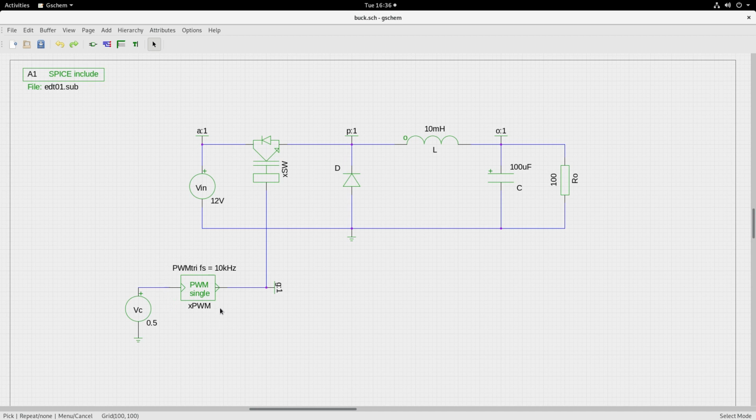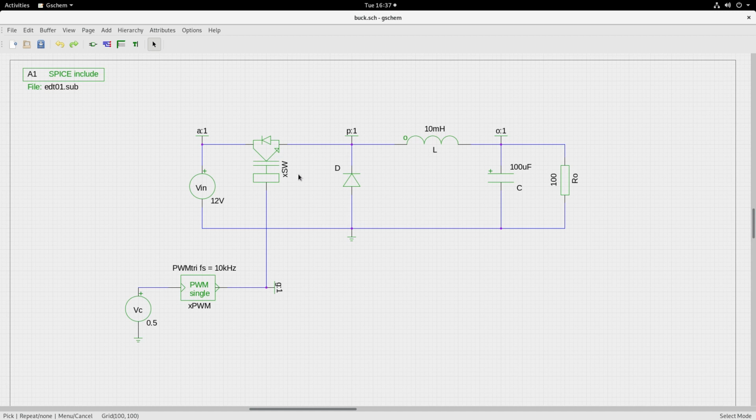And see here that I have a PWM module which is basically built of a triangle waveform, and I have a source here to represent the voltage proportional to duty cycle. I have set it at 0.5. So 0.5 in a range of -1 to +1 is approximately 75% duty cycle.